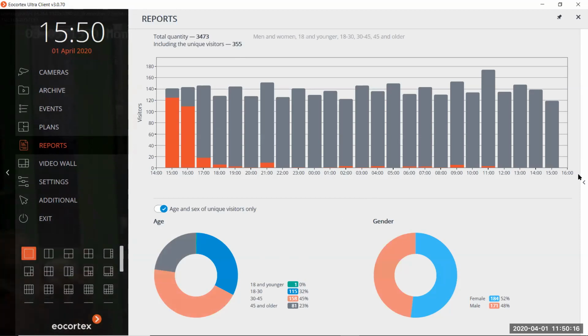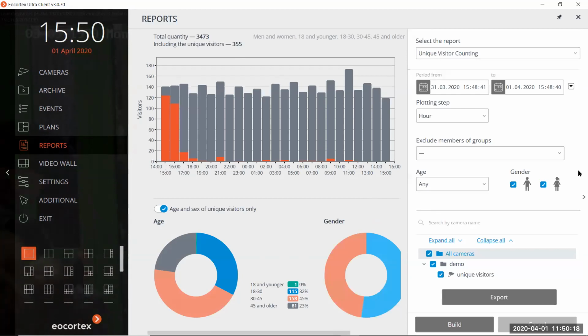If we need, we can create some exclusions, like exclude some groups from the count. You have seen that I added some employees to the group staff. So we can exclude them from the counting. So the staff of this shop, for example, won't be counted as visitors.